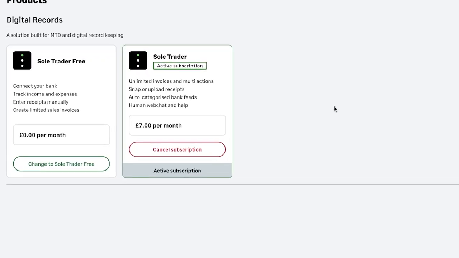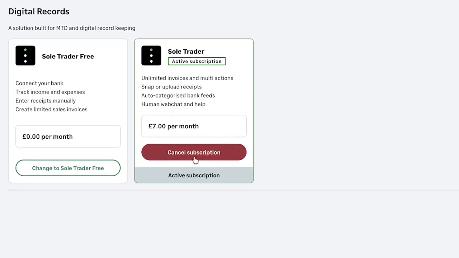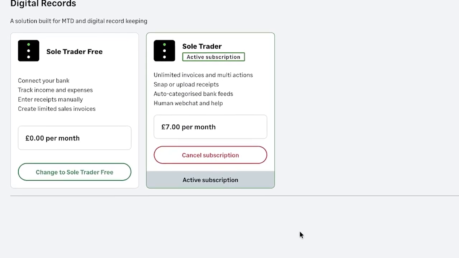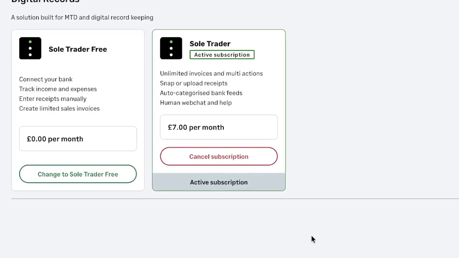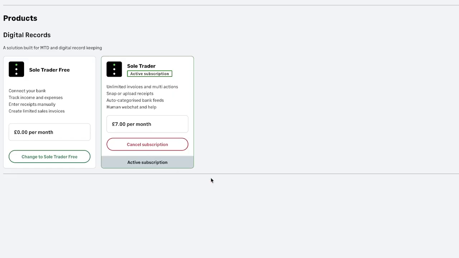And what you can do is cancel your subscription. However, if you go through with cancelling your subscription, sometimes this can remove all your data or possibly create a bit of a headache. Now, for me, if I was changing accounting platform, I would cancel it and I would move on, for example. However, because I'm just looking to go down to the free version for the next few